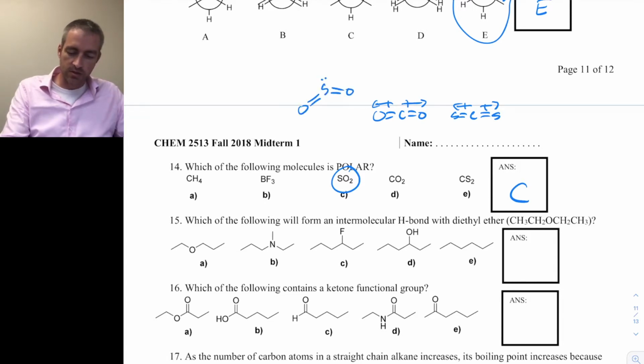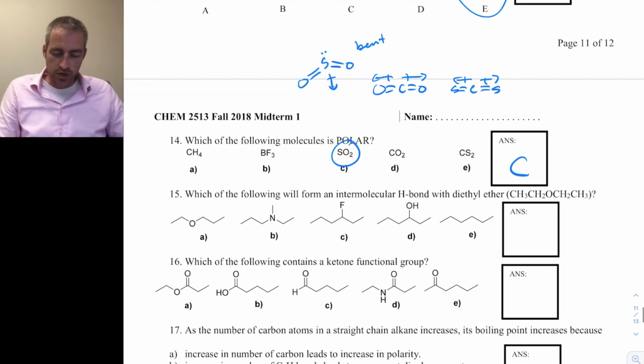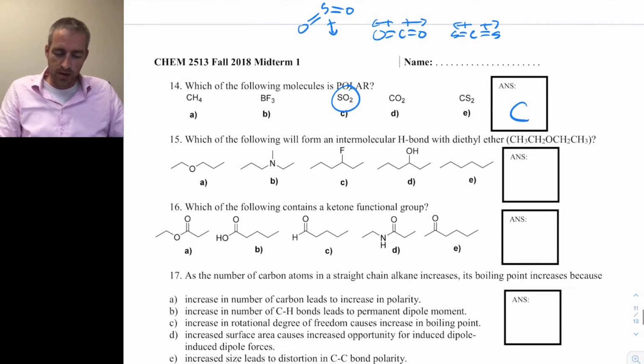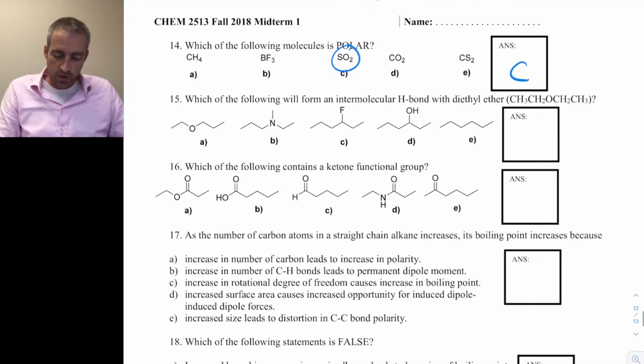actually get something that looks like this. And so the shape here is bent, and you end up with a net dipole for C. A and B also have symmetric shapes that cause any bond dipoles to cancel out,